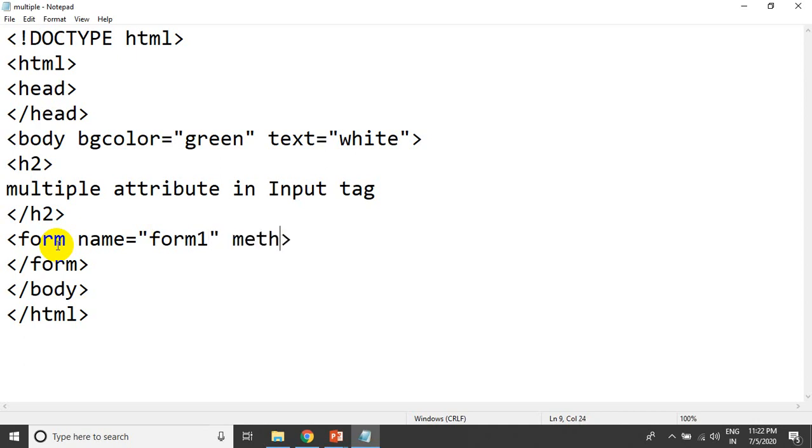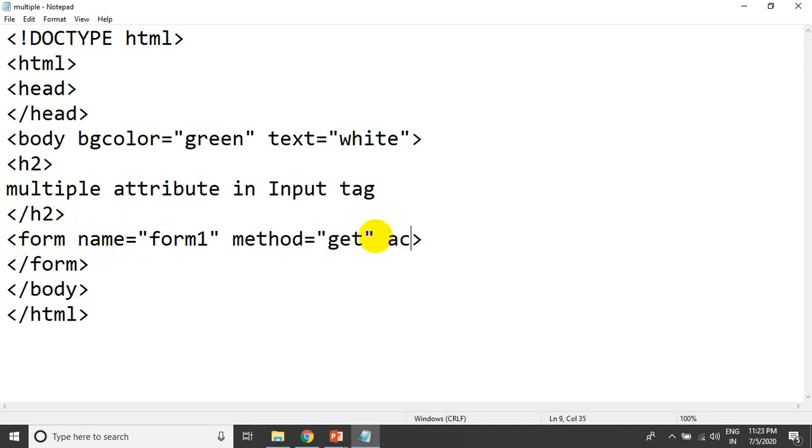Then method, a very important attribute, which specifies which method you are using. We have two methods, one is get and one is post. Most of the time I use get, because I want to show you what value of the form is transferred from your form to your destination page. If you use the get method, the value of your form will be shown in your URL. That's why I want to use the get method.